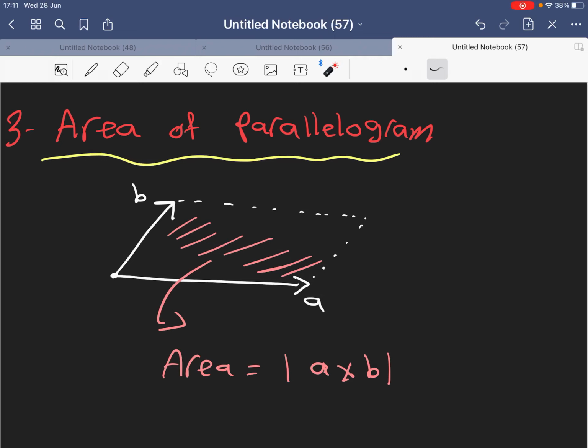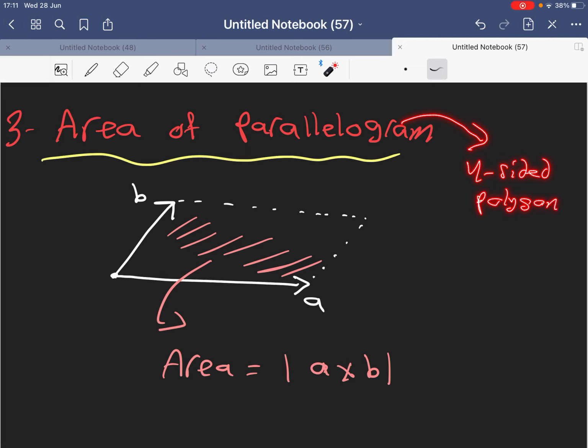Welcome back to part 3 of the cross products topic in calculus 3. In this video we will talk about how we find the area of a parallelogram. Just let me remind you of what a parallelogram is. A parallelogram is a four-sided polygon